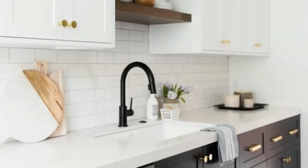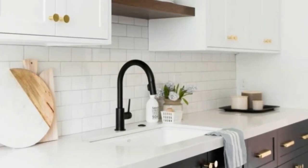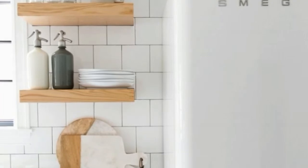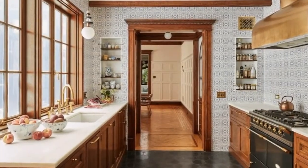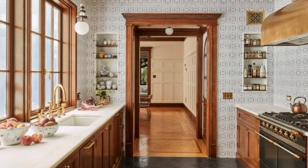A functioning floor plan is important in any size of space, but it is doubly important in a small one. A beautiful kitchen with a strange layout will never work. Make sure your sink, refrigerator, and stovetop are all easily accessible and that there is adequate countertop space by each one for easy use. Pay attention to the cabinetry layout to make sure there is ample storage for the items